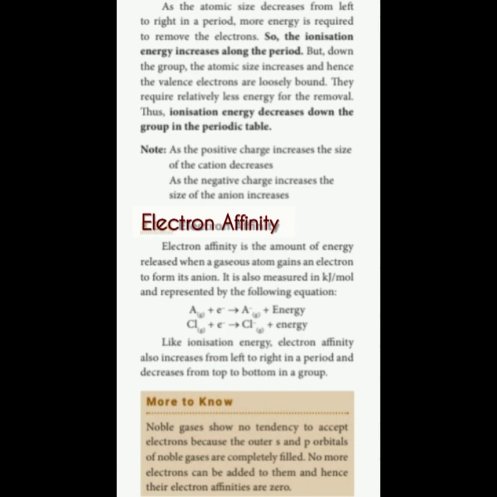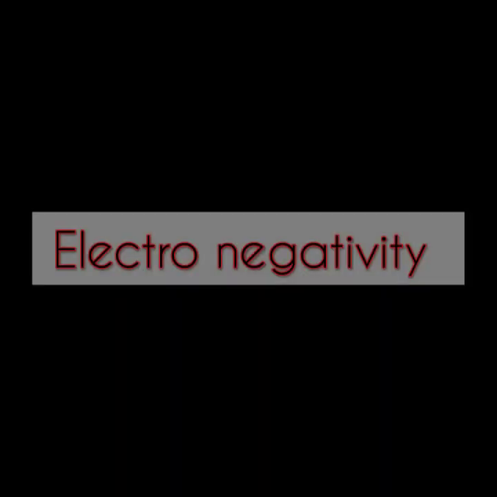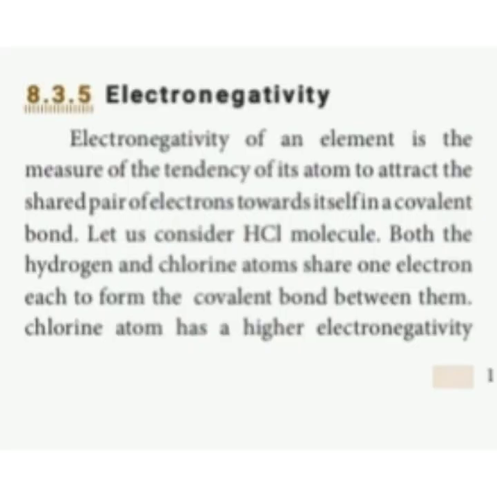The next heading is electronegativity. Electronegativity means the tendency of an atom to attract the shared pair of electrons towards itself. For example, take hydrogen chloride, HCl. Between H and Cl, there is one bond. This bond is called a covalent bond. A covalent bond is made up of the sharing of electrons: hydrogen donates one electron and the chlorine atom also donates one electron to make a bond. But when we compare the electronegativity of hydrogen and chlorine, chlorine is the more strongly electronegative atom. So the chlorine atom pulls the electrons towards itself.